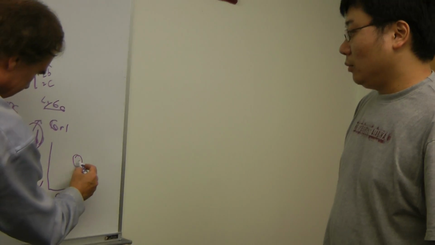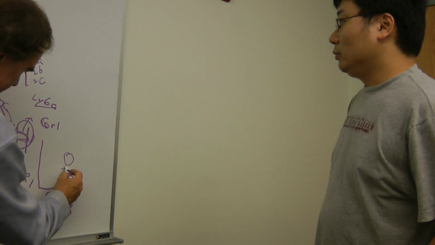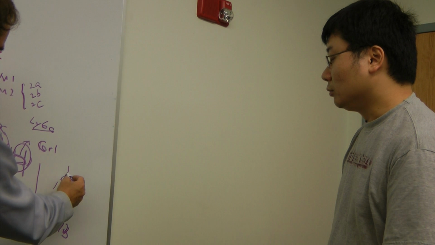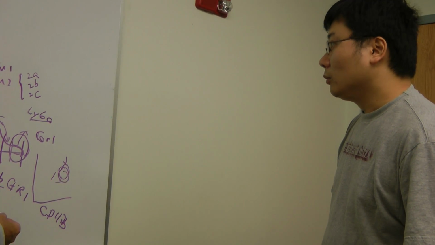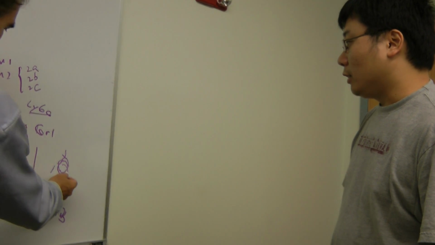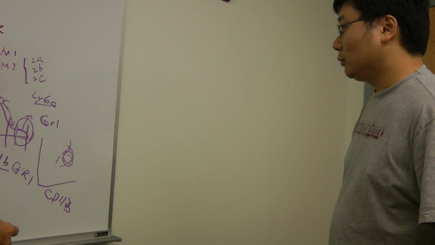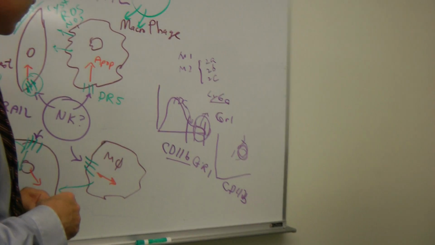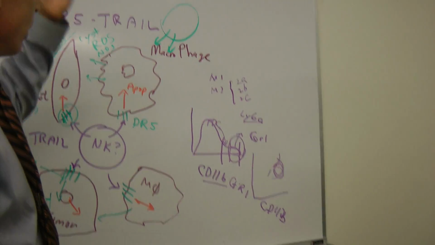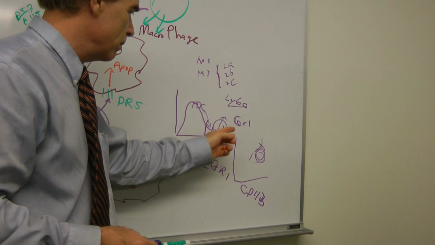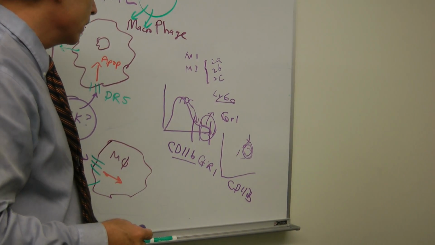There was kind of a mix of these, but I think Gr1 positive was the non-inflammatory one. I forget how they determined it. Suppressor macrophages. Maybe you can learn something from that. So as opposed to being the activated macrophage, CD11b sounds good, but Gr1 positive,